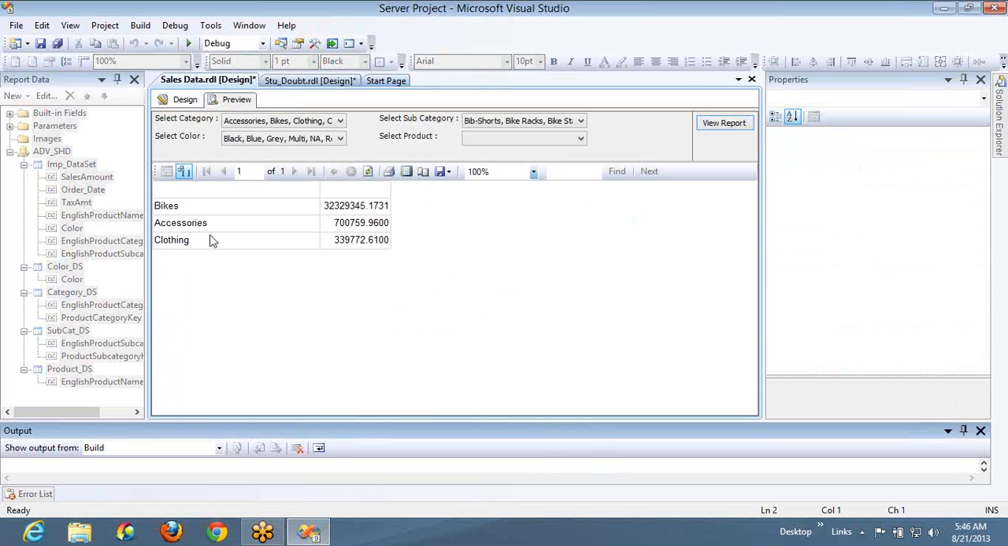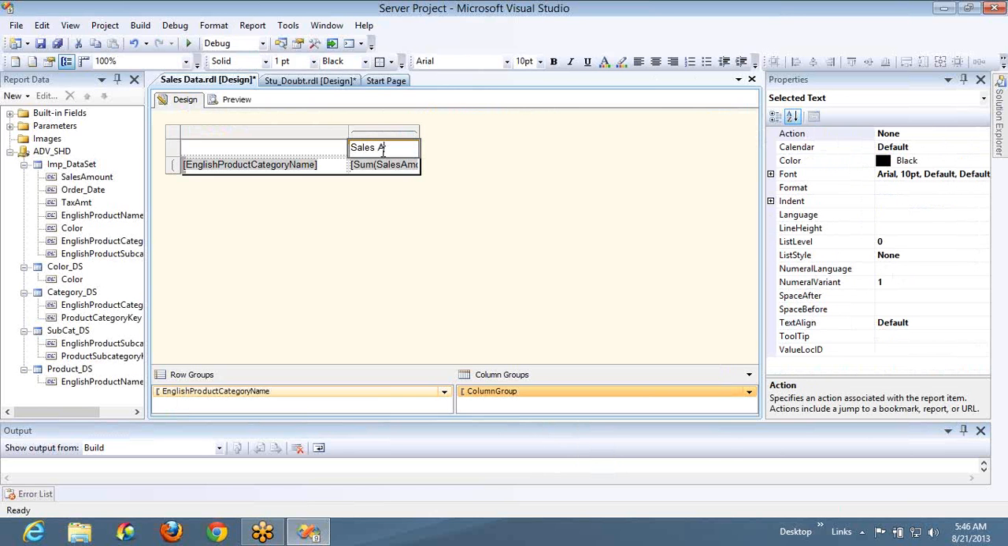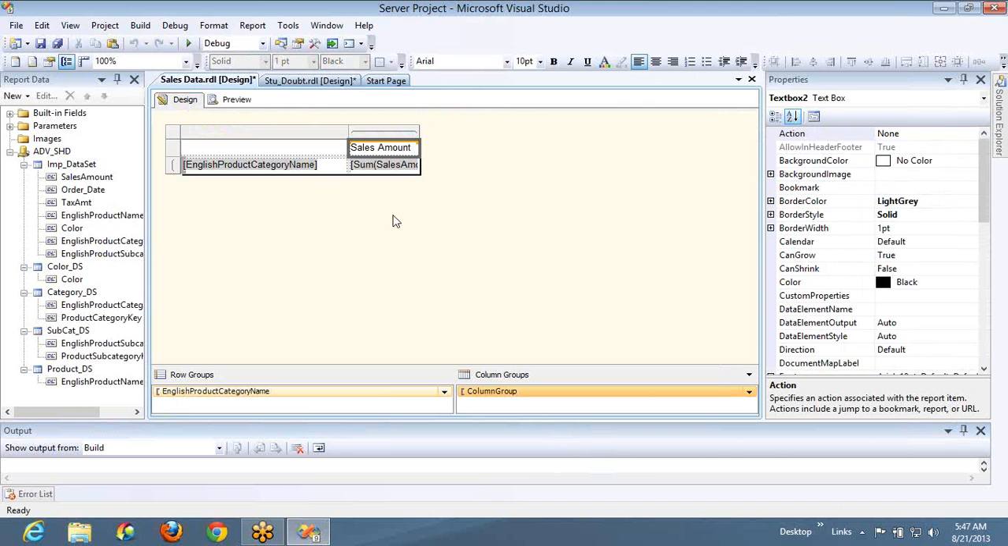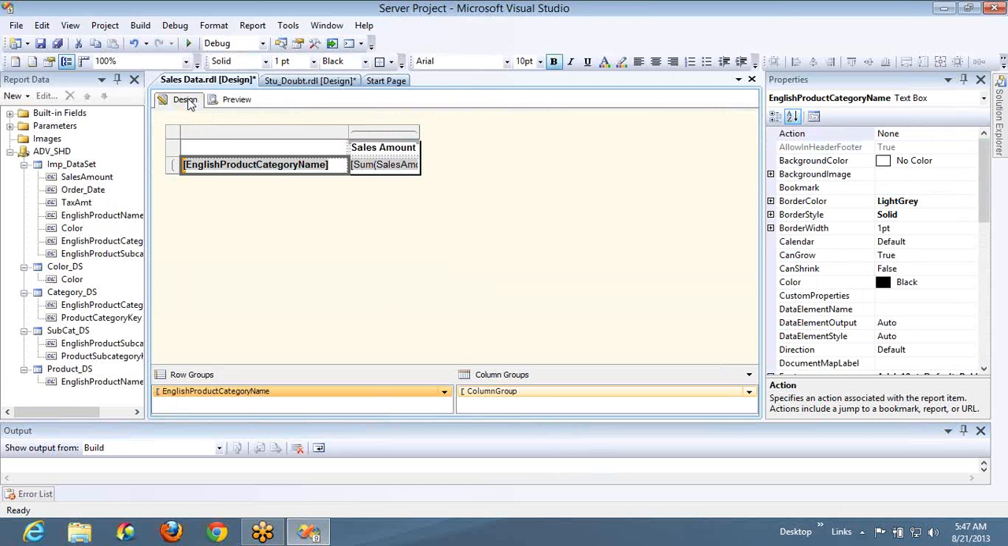Bikes, accessories and clothing. Based on that, it is grouping by. Let me give some name for this. I'll give it as sales amount, and I'll set it to bold, and I'll set this one also to bold, and this is my report which is grouping by category. Now my requirement is I need to have a parameter, and based on the parameter selection,